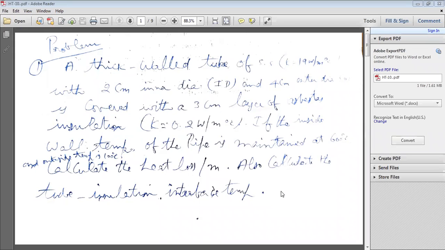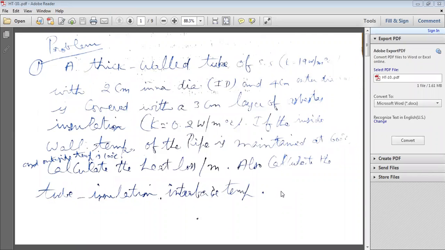The equation for heat transfer rate Q is equal to 2 pi K L into Ti minus To divided by natural logarithm ln Ro by Ri. So if you consider a cylinder